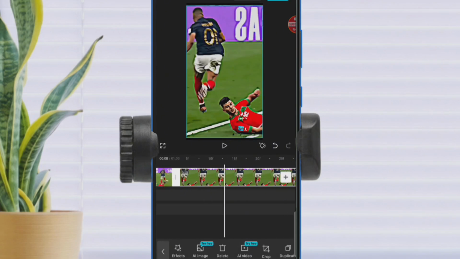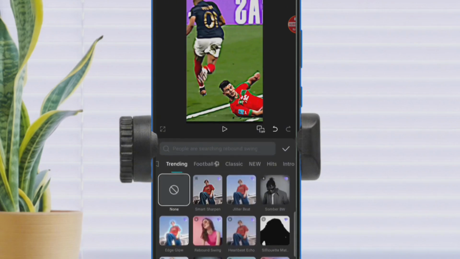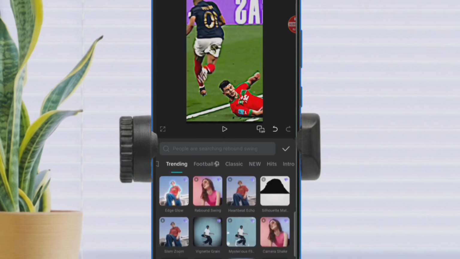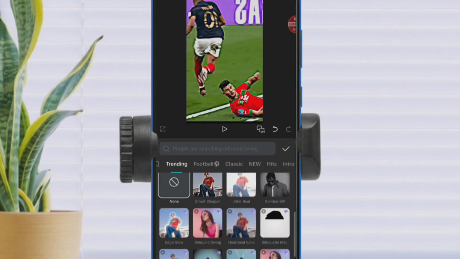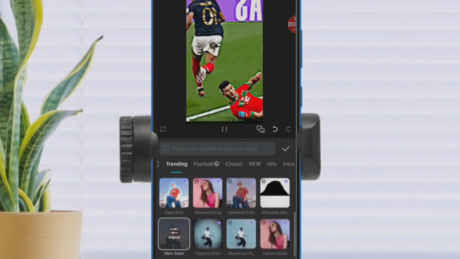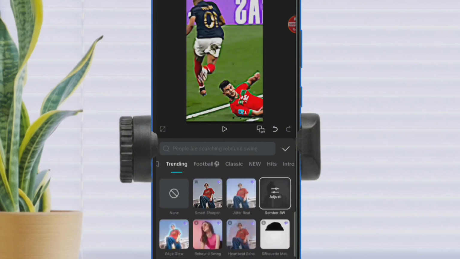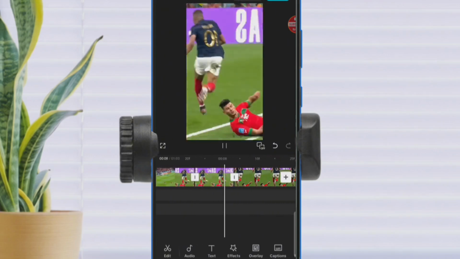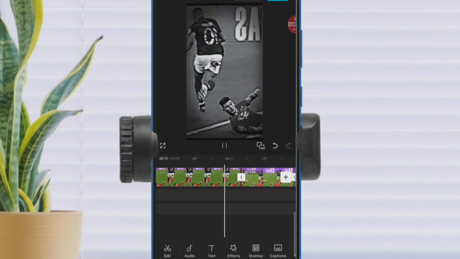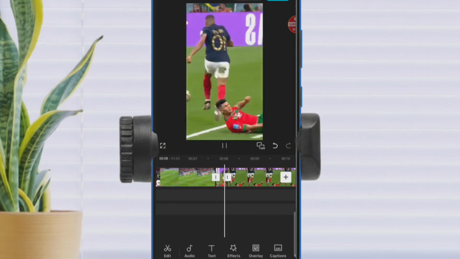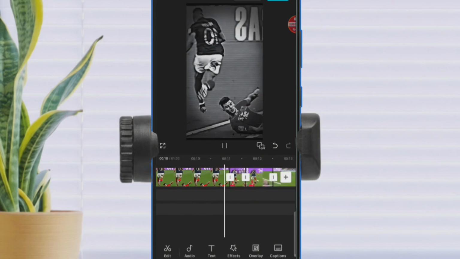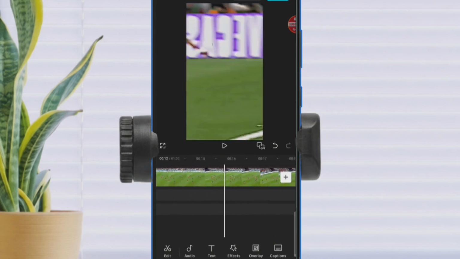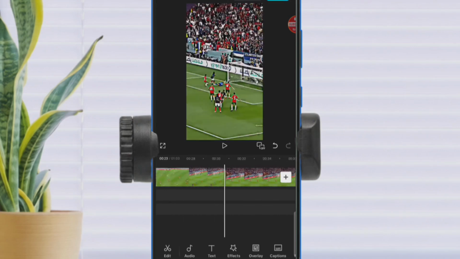Then this part, I'm going to add another effect again, video effects. So we can apparently add any other effects right here. Okay, great. Let's check again. All right, wonderful. So this is basically the things you can actually do with that video to make sure you do not have copyright issues. Okay, so that's it. And the next thing which we want to do now is to add the sound.